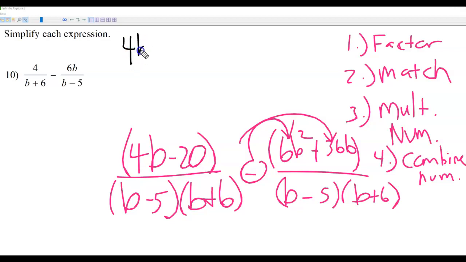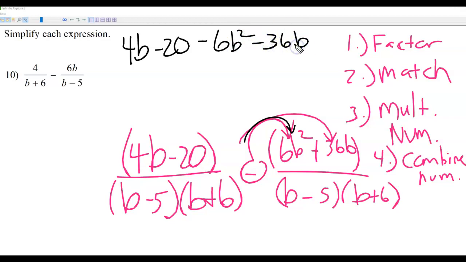We're going to have 4b minus 20 on the left. And distributing the negative in, we end up with minus 6b squared minus 36b. And on the bottom, we have the common denominator that we